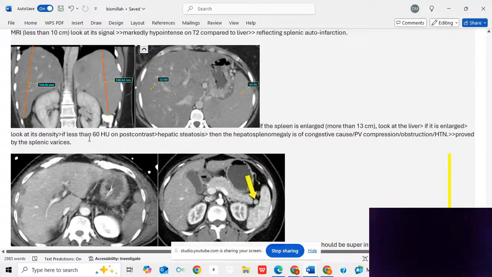So on post-contrast, let's type it here so you can remember. Normal liver density on